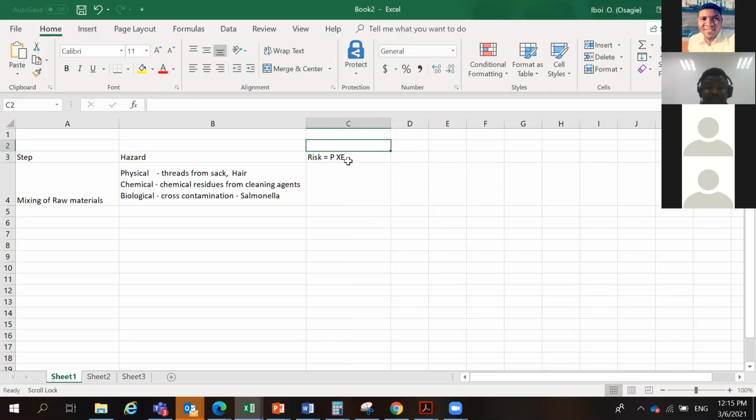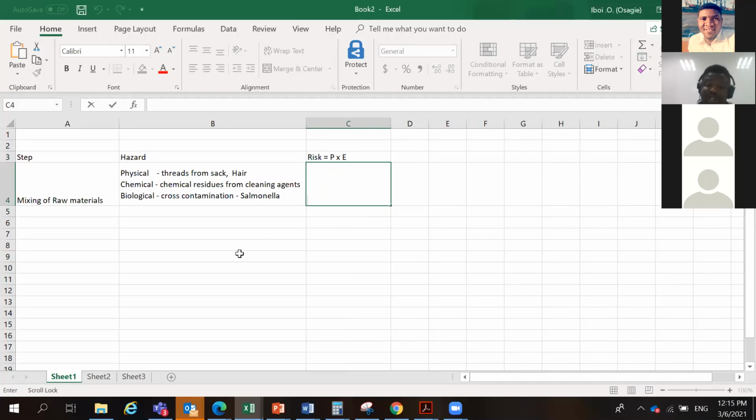This is how we define risk now, from our last meeting. Risk is the probability that it will happen and the effect. So using our risk matrix,